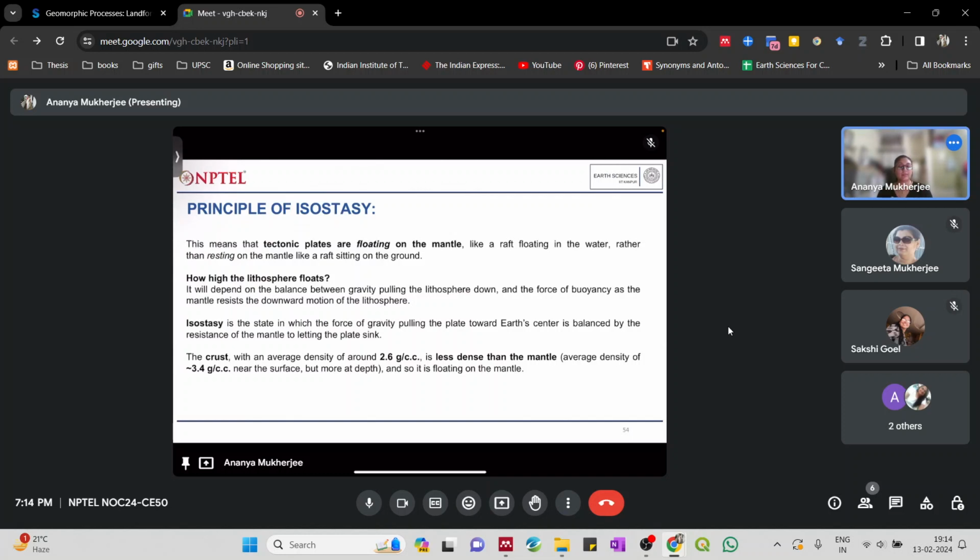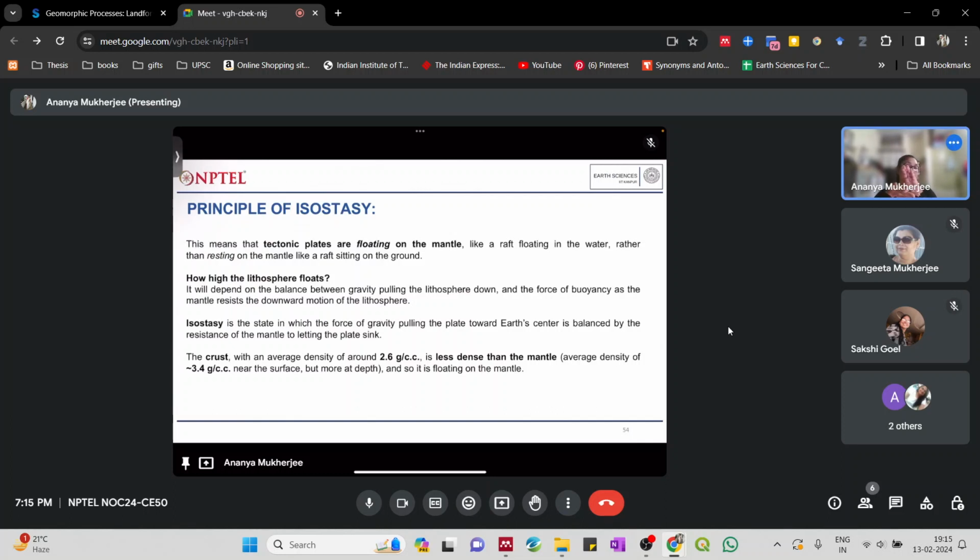Now, what happens when it's not always that the thickness of the lithospheric column remains the same, or the density of the column will remain the same. Okay, so if erosion is happening, your lithosphere is getting eroded. Then the entire thickness of the lithosphere at that area is reducing. So when it is reducing, there needs to be kind of